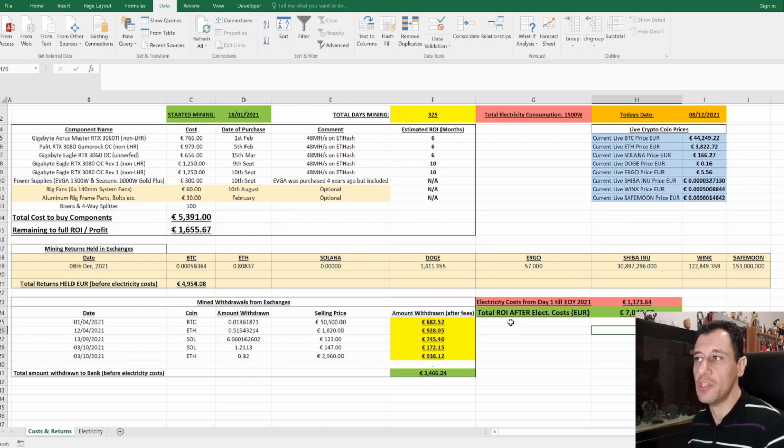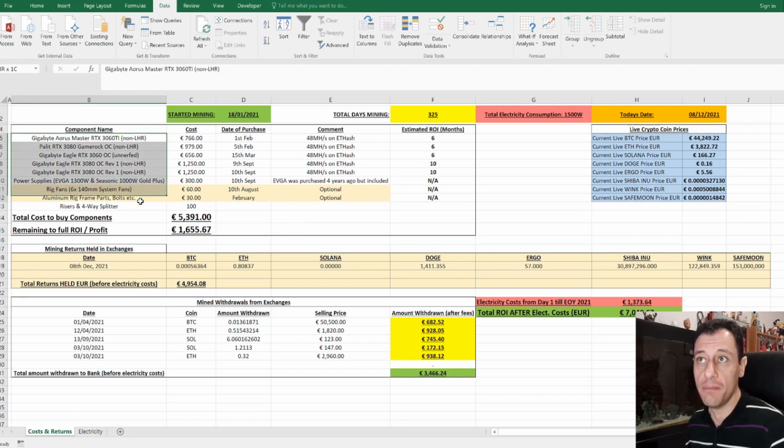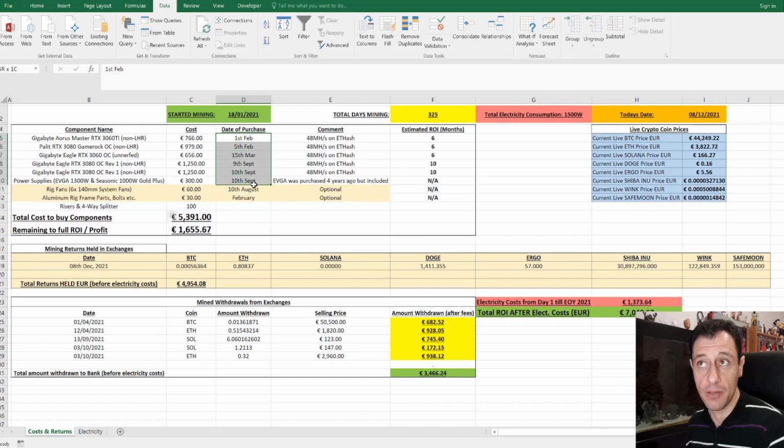And that has given me a total return on investment after electricity costs have been deducted of just over 7,000 euros. So if I deduct the 5,391 from the 7,046, that gives me a total return on investment and profit of 1,655 euros. So not only have I reached the break-even point of all the components that I have purchased starting from February, I had started purchasing these components, but I am also making a profit of